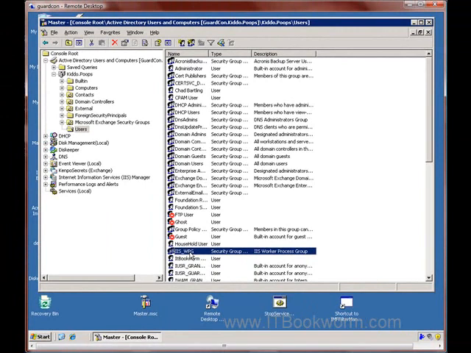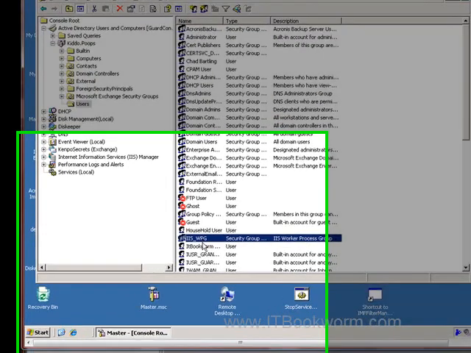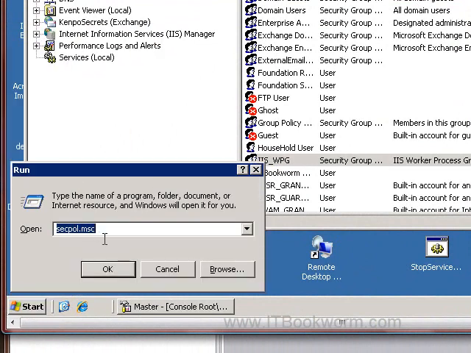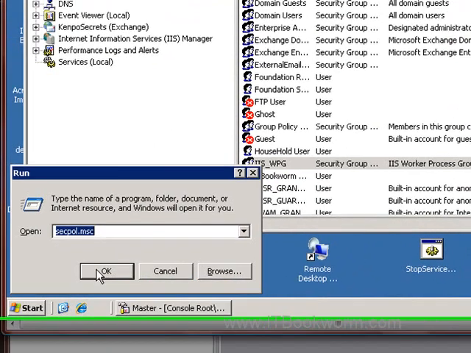There may be more, unless I forget one. You have to set it up to access the computer from the network. You have to be able to log in as a batch job. You have to be able to impersonate the client after authentication, and bypass traverse checking, I think. And the way you would do all those is you would come in here to secpol.msc,